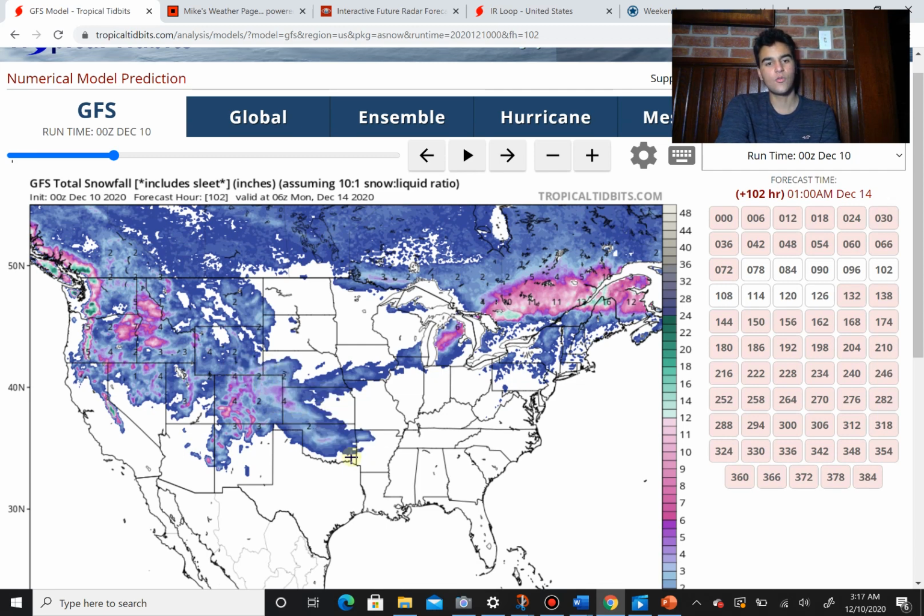And you see that snow even extends as far south as Oklahoma City, where you could experience more than 1 inch of snow. I think it's going to be less than that because Oklahoma City, obviously, is far south. The ground is very warm, and I don't think the GFS model really regards the ground temperature in its snowfall forecast, which assumes that 1 inch of rain equates to 10 inches of snow. And also, this is a very variable number. It could easily not be the 1 to 10 snow liquid ratio that we might expect with the storm. So while I don't think it will be that much snow, maybe not even any accumulation at all,